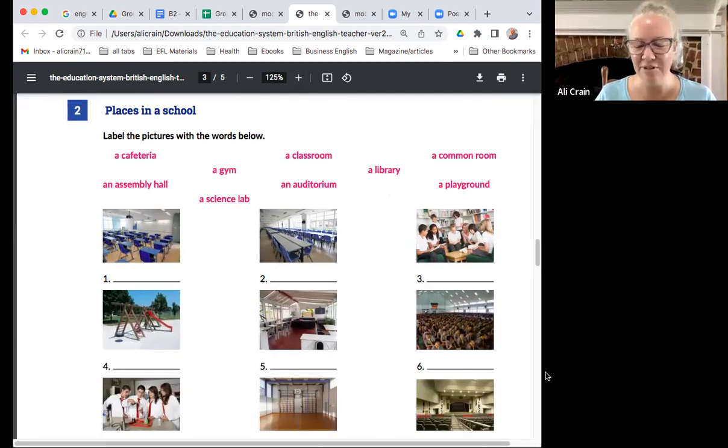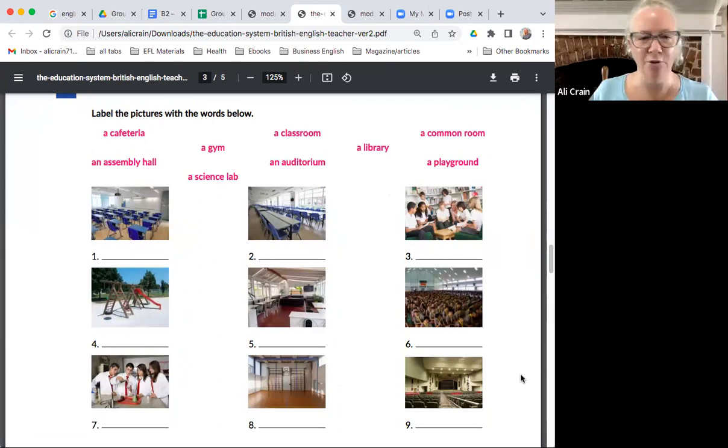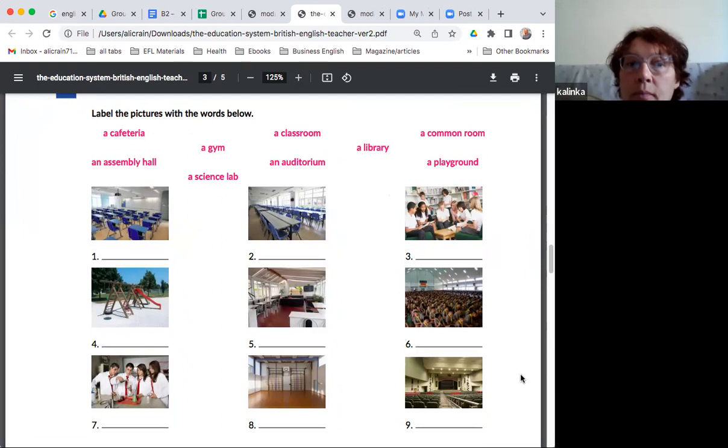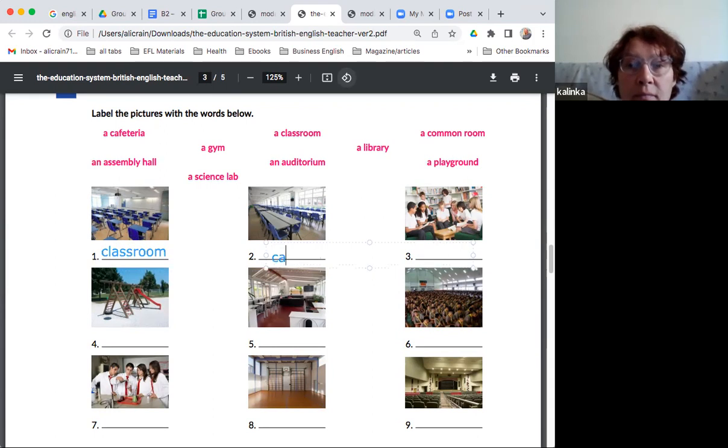Okay, so this is just looking at some of the terminology that is used within a school. So these may be things that you would need to know for your children who are in school as well. So the first one, trying to see the classroom. Yeah, I guess it's the classroom. I was looking at, okay, it's cafeteria. Let me just do these really quickly. I was getting confused with looking at the second picture because it looked very similar and then I realized what it was. So yes, so this would be the classroom. It's cafeteria. Second. Cafeteria. Good.